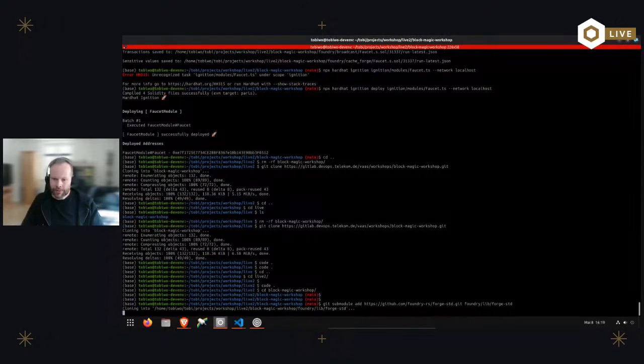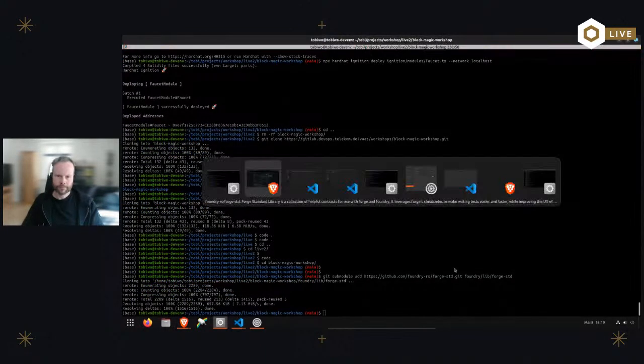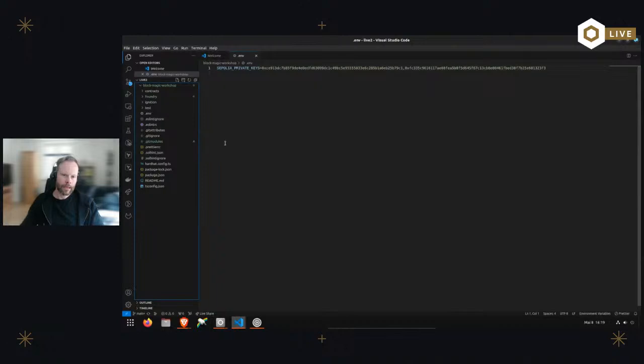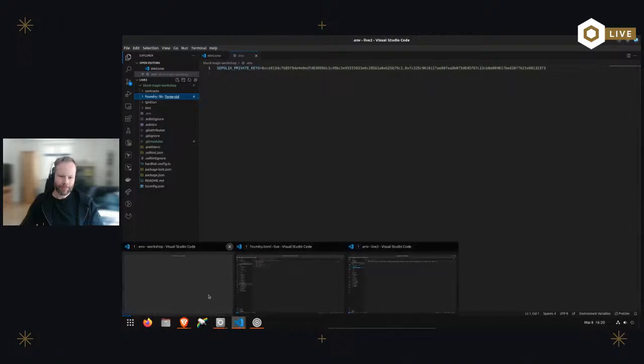Okay, then let's do this. And again, we just have the Git modules file, and now we have the Foundry folder and the lib folder and everything in there. Now what we want to do is create a Foundry config file, because we don't have one yet, but I already prepared one. This would take too long if I did it now. So we will use this one,